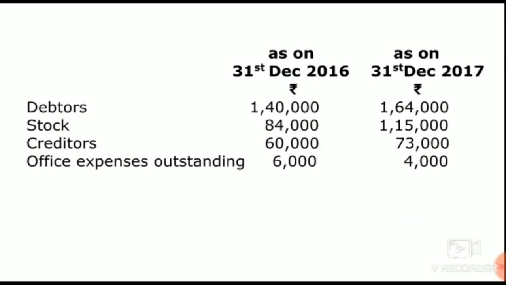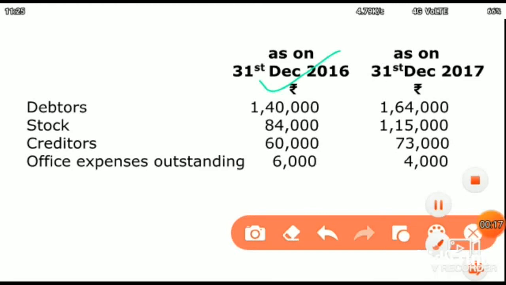The question also gives us the information related to current assets and current liabilities, and the values of these assets and liabilities are given for two dates. That is, as on 31st December 2016 and as on 31st December 2017. These are actually the opening and the closing values for the year 2017. Now, with the help of this information, we have to prepare the cash flow statement showing the cash flows from